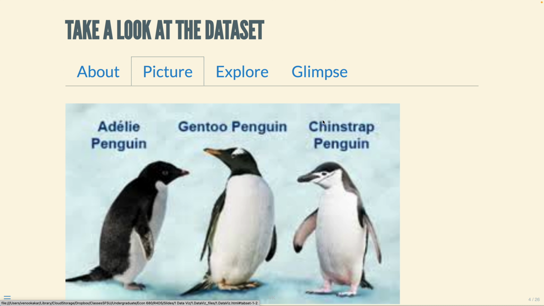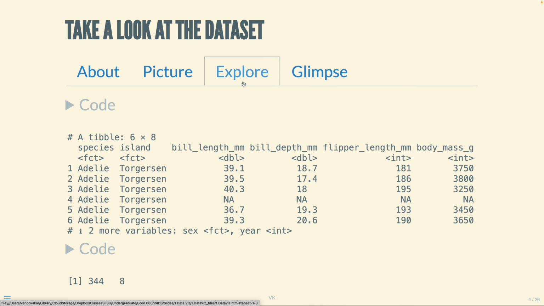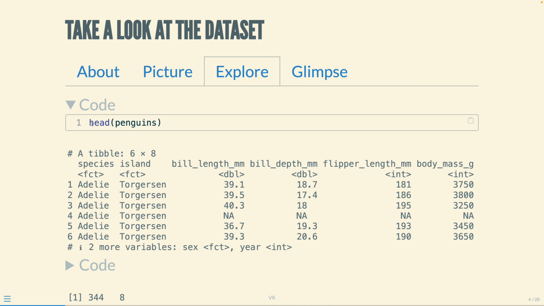And there is the chinstrap penguin, as you can see here, the name says it all, right? So we want to explore this dataset. What we can do is take a look at just the first 6 rows of the data, and we